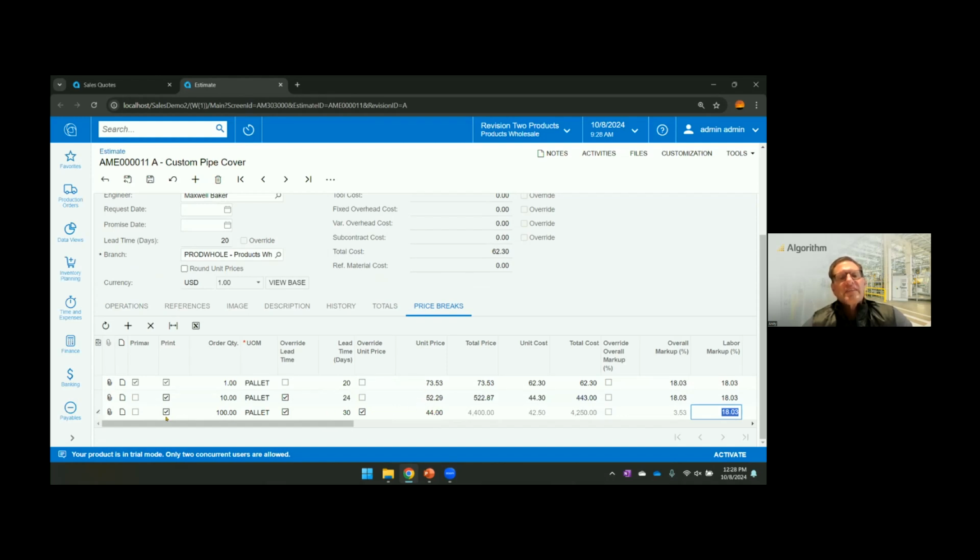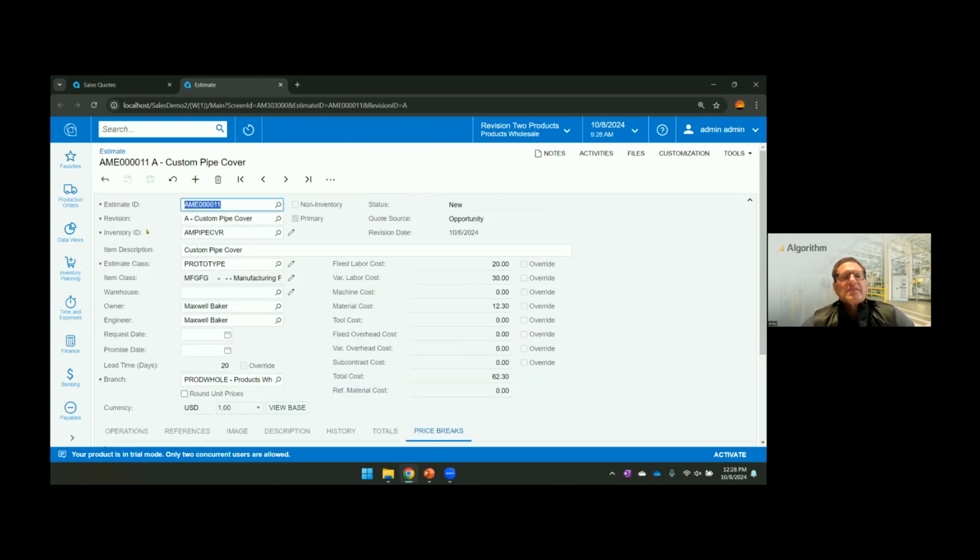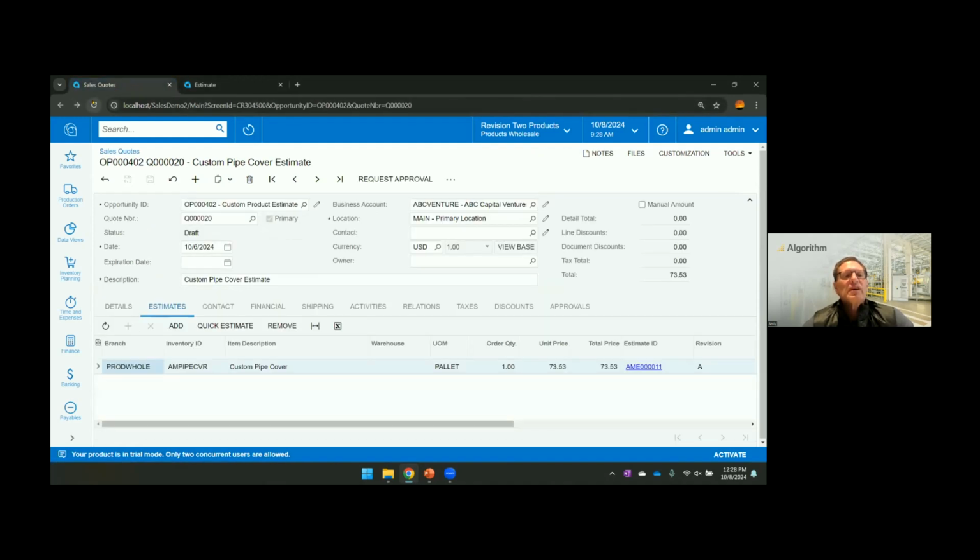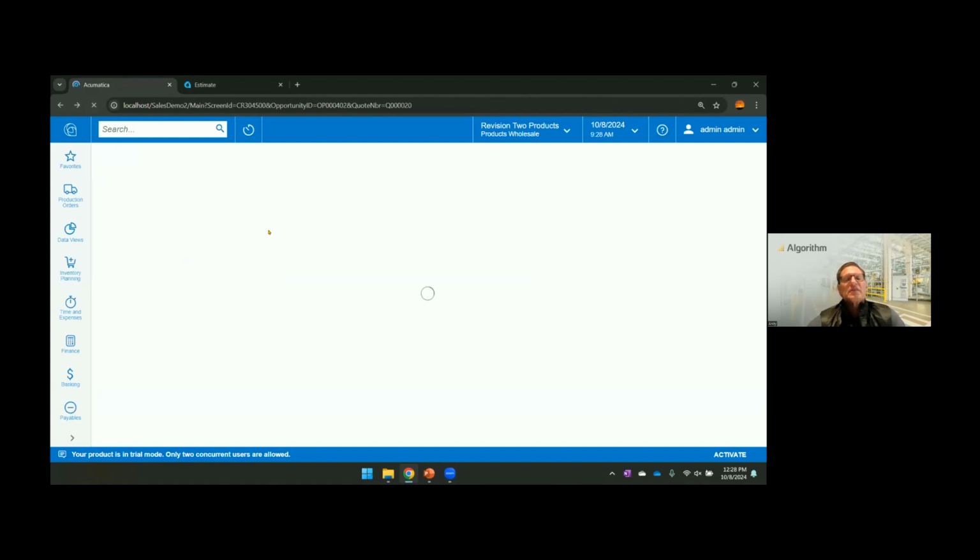Again, there's other things I can do here in terms of which of these rows I want to print on the quote, which one is the primary row that I want to present. But for this example, we'll just leave it right there. I'll save my estimate. And now if I come back to my sales quote and refresh it because I changed the underlying estimate,